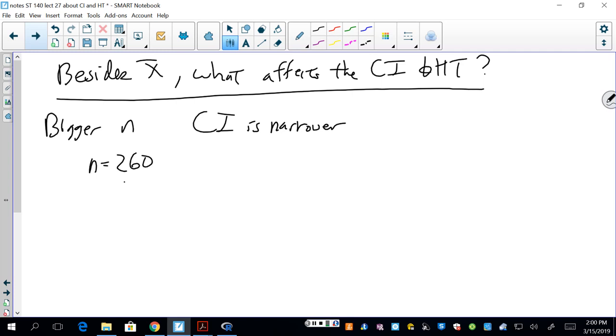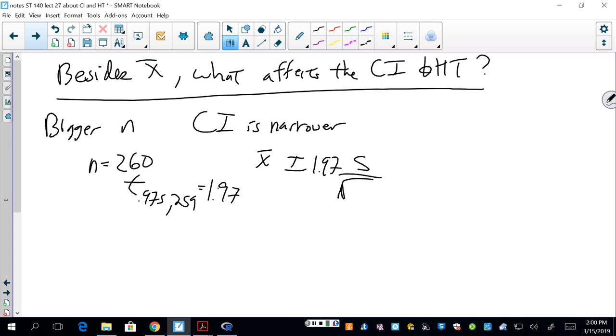Well, a t 0.975 with the different degrees of freedom is about 1.99, or 1.97 or something like that. It's not much different from a normal. It's pretty close to 1.96. With this sample size, it would be about 1.97. So that'll be smaller. And then we'll have s over the square root of 260, so it'll be quite a bit smaller. It's possible, even with this difference of 12.9 versus 13, that you might make an interval that doesn't include 13. If we had 26,000 infants,